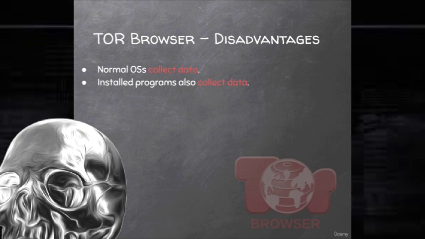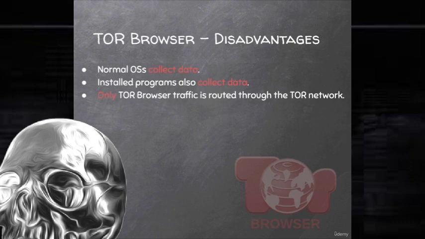Not only that, but all of these programs, all of the programs outside the Tor browser itself, access the internet directly. They do not use the Tor network. The only program that is using the Tor network is the Tor browser. Therefore, when these programs leak information about you, they are leaking also your proper exact location. Not only that, but we also have issues such as DNS leaks, which also would leak information about you, and